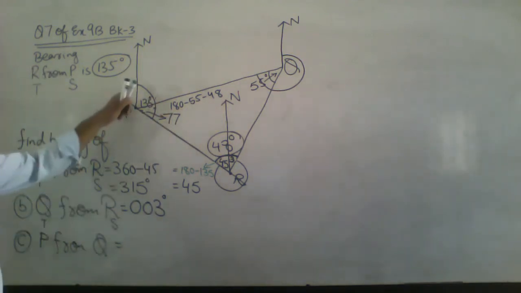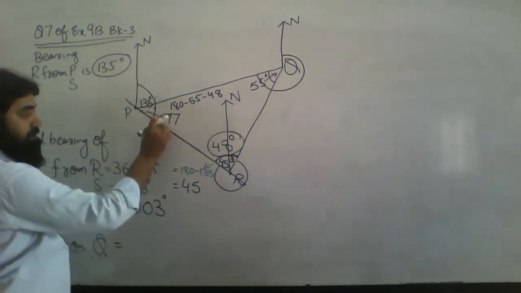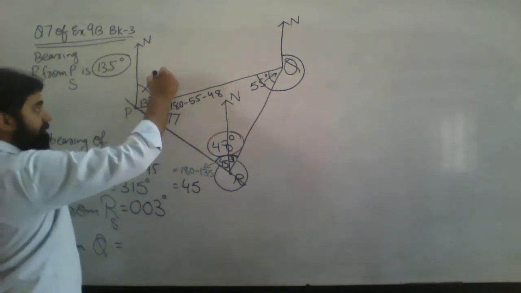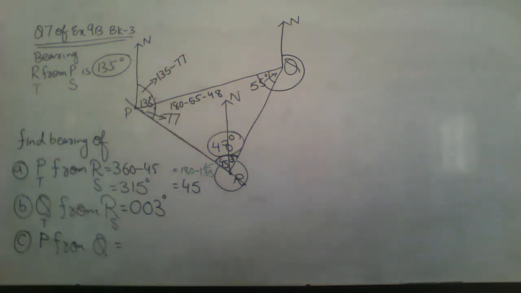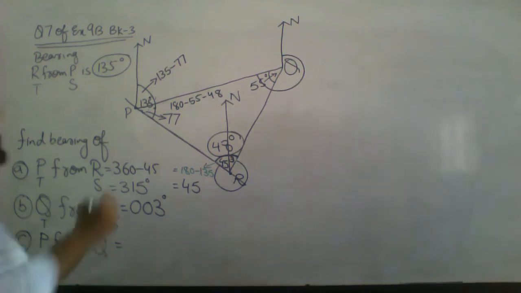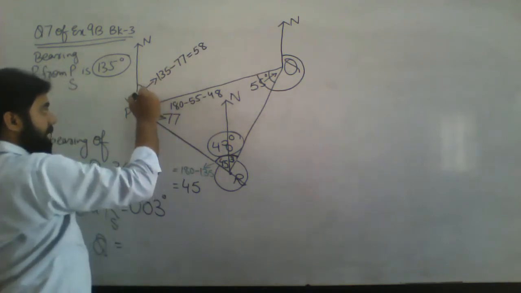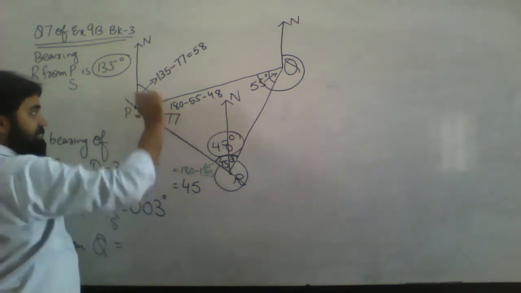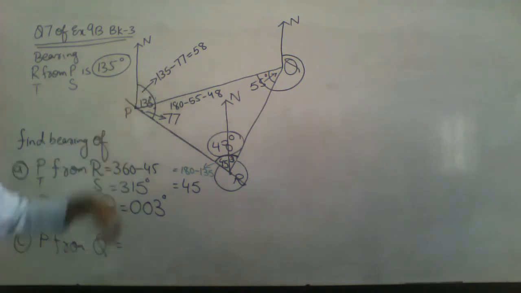Okay. The whole thing is 135, right? Now I have got the lower part is 77. So what will be my upper part? My upper part will be 135 minus 77. And when I do the subtraction, the result is going to be 58. For this upper part, the whole thing is 135, this one is coming 77, and this one is going to be 58. Okay, this part is going to be 58.